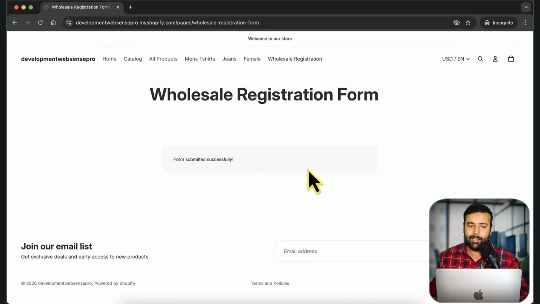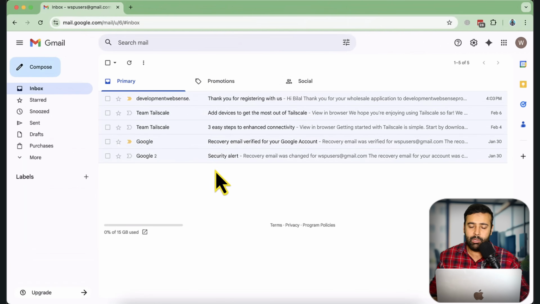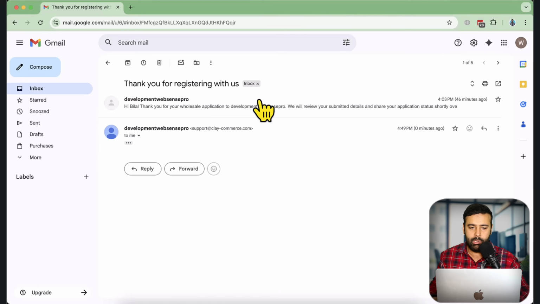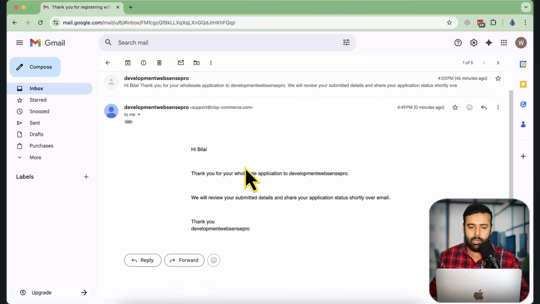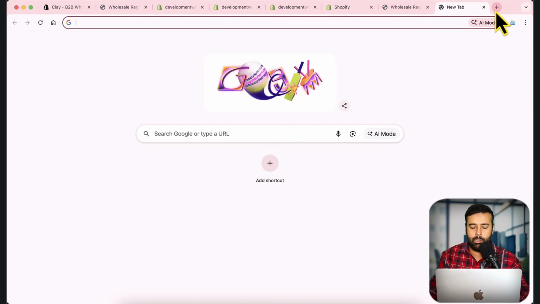So once a customer submitted the form, if I go to the email, so this is the email which will be received by the user. So if I hit refresh, here is the email. You can see that we have this email. Thank you for the wholesale application on my store. We will review your submitted details. Now, as an admin, if I open up the email,